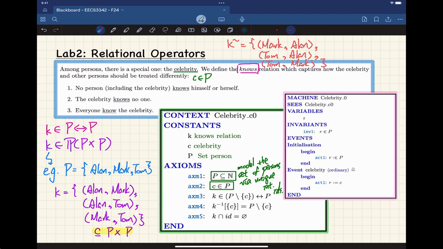And let's now try to see how we can translate each of the requirements over here one by one. So we got requirement number 1 here, number 2 here, and number 3 here. Let's see one by one. The first one: no person knows themselves. The way the instruction puts it is one way to express that. I'll show you an alternative. This is to say, whatever K, the knows relation, for example this one here, you put, it must be the case that its intersection with the ID relation, the identity relation,